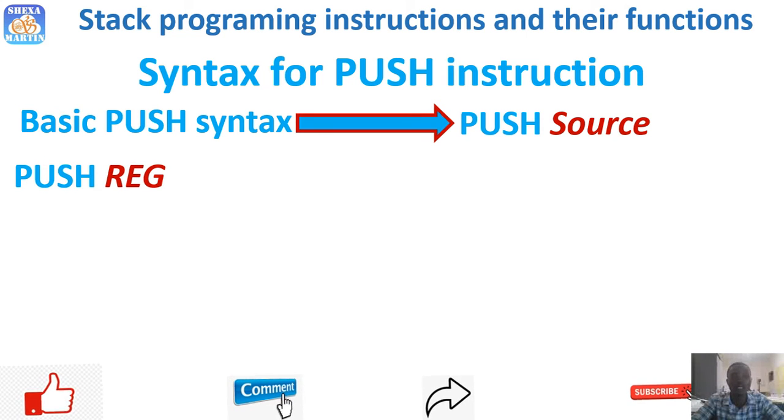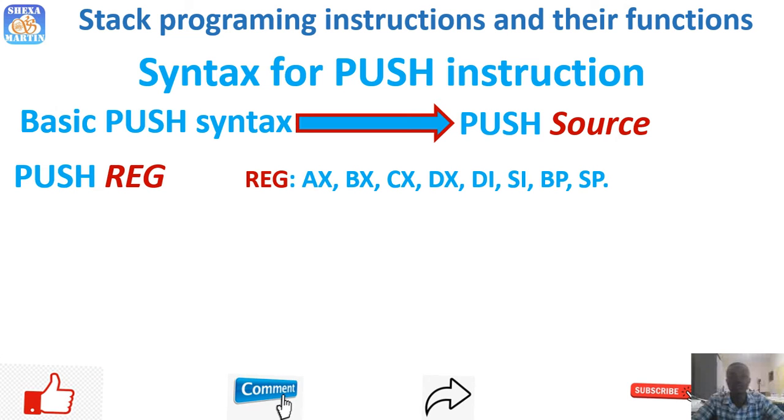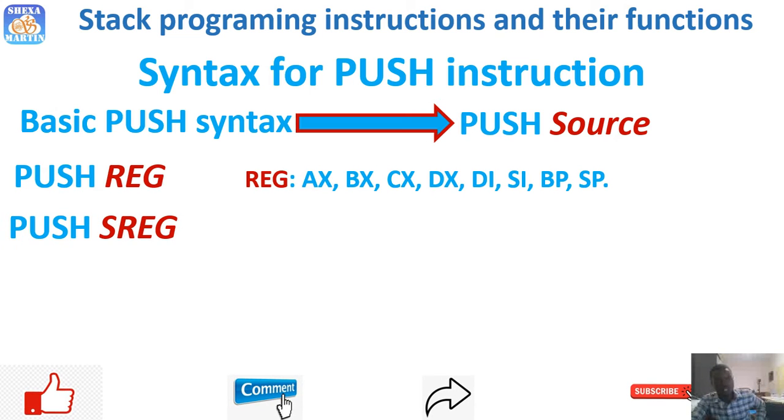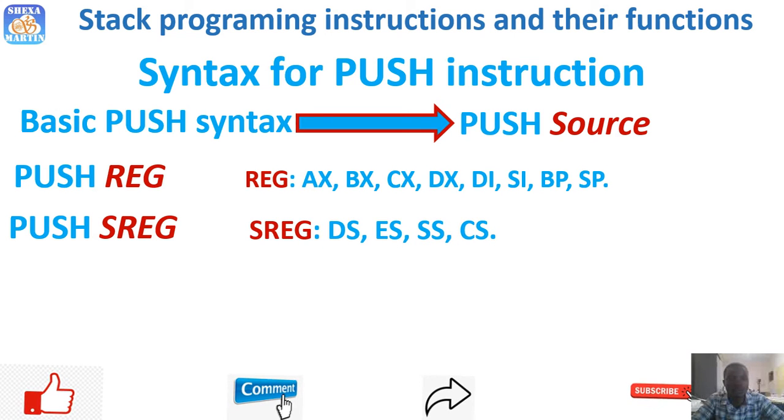So push reg, and these are the registers that you can push data to the stack from. And then we have push segment register, and these are the segment registers that you can use to push data to the stack. And then we have